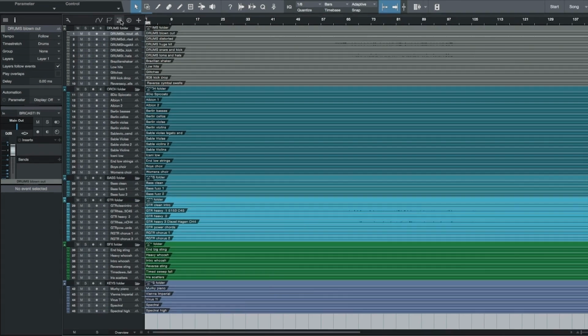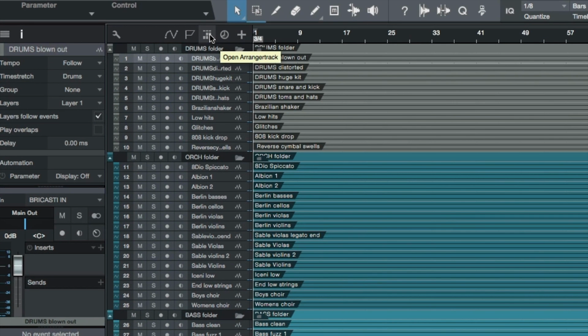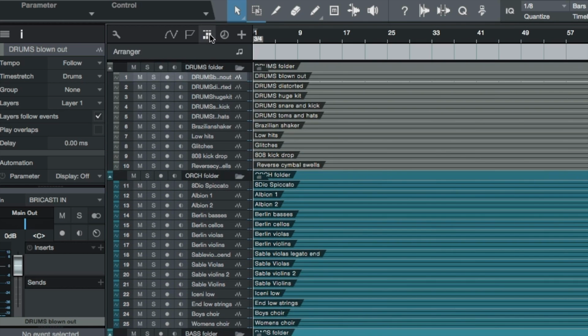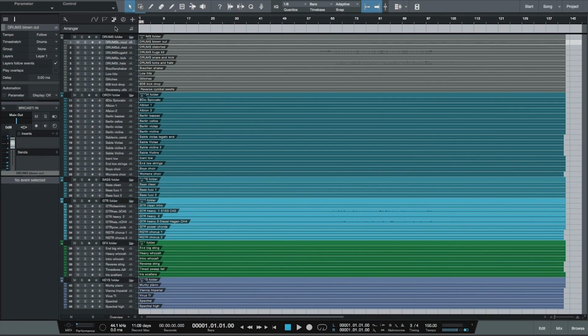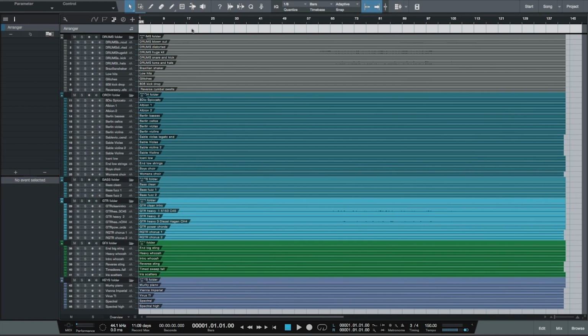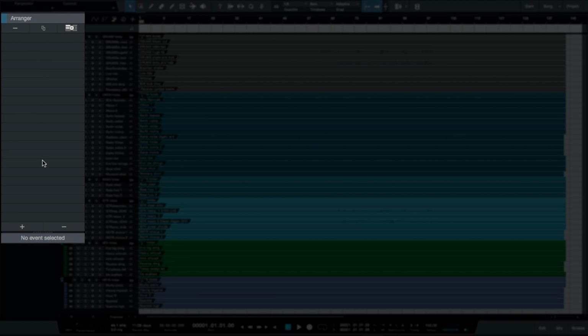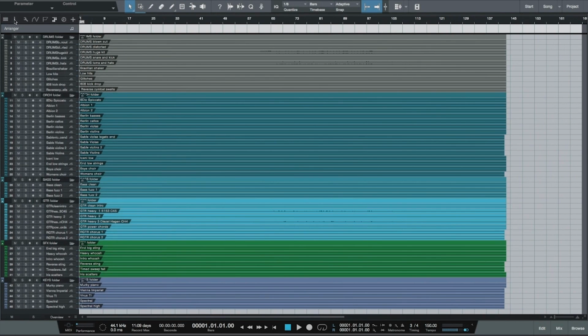We access the Arranger track along the top of the Arrange window via the Open Arranger track icon here. Once we have the Arranger track open, you'll see the Arranger area along the top of the uppermost track, directly below the timeline. The Arranger track has its own inspector that shows a list of all Arranger sections of a song, which we can see by clicking on the Arranger tab and opening the inspector if it isn't already open